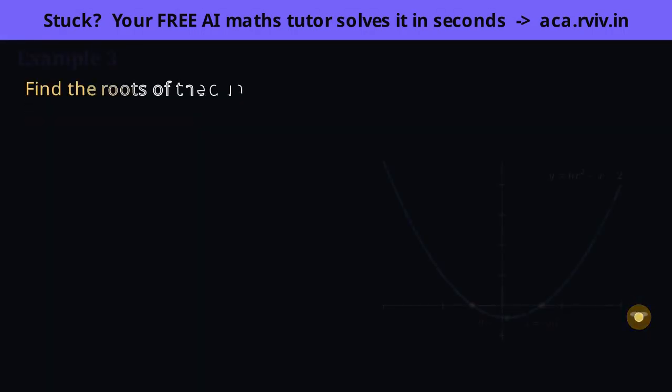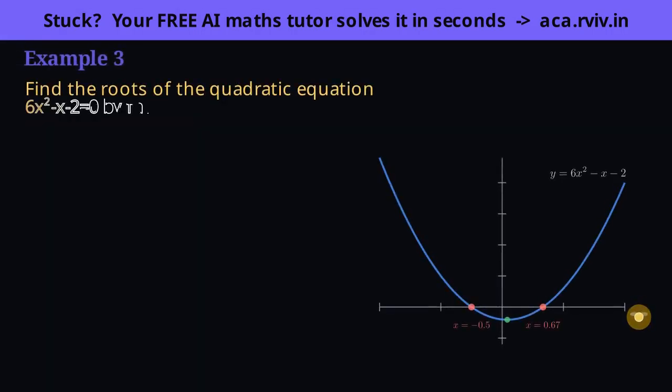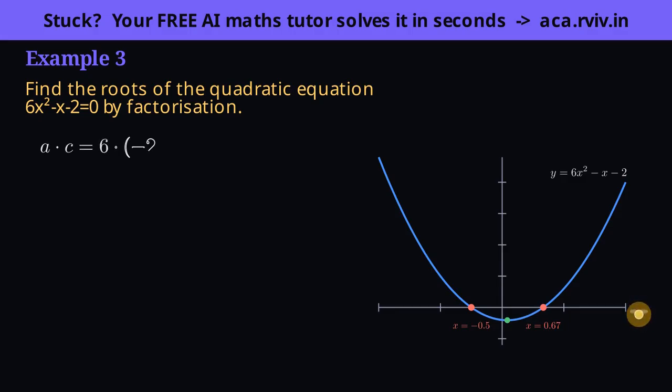Split the middle term so the equation factors into two brackets. Let's understand why factorization even works before we do it. Our goal is to rewrite the quadratic as two brackets multiplied together, because a product equals 0 only when one of the pieces is 0. That's the whole power move.